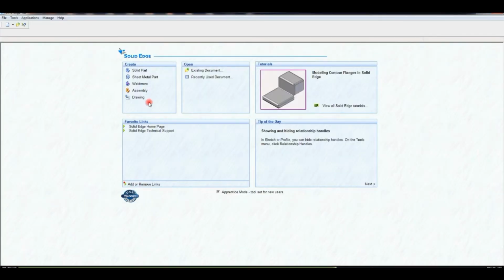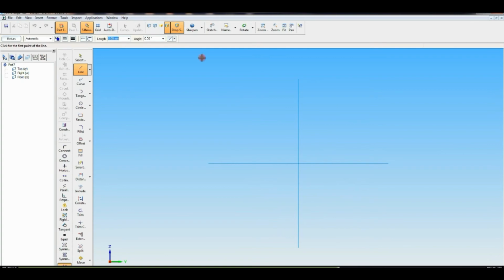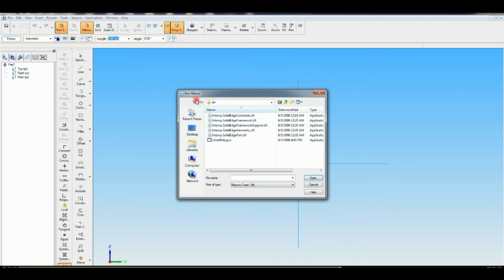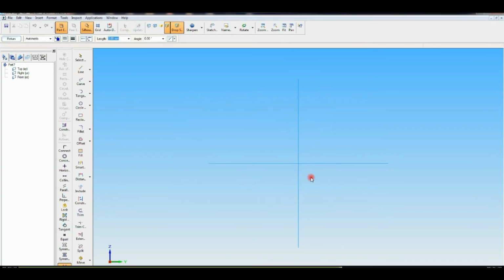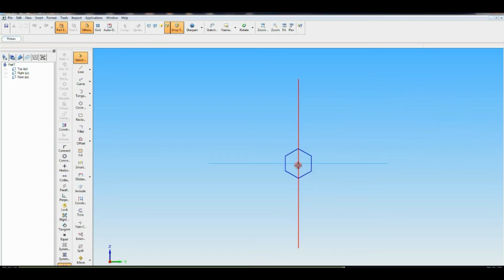First, part number 7. Solid part, go to protrusion, then select right YZ plane, then go to application, in that macros, run macro, and set polygon, open. Here flat length you have to give 10. Then move the cursor exact on center line, then with the help of connect command connect the lines like this.